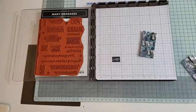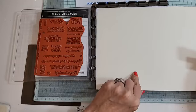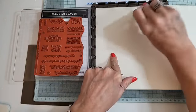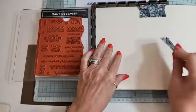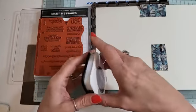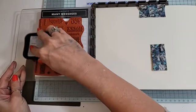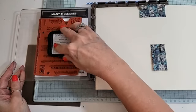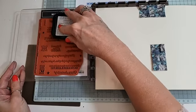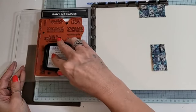Right. Okay, where did I put my very vanilla, Charles? Right, so, oh, I've done it again. So we're going to do this with the Stamparatus this time, because it might be nicer to have them a bit darker. So we're just going to ink this up. And of course you can do them in any colour you want. You don't have to do them in